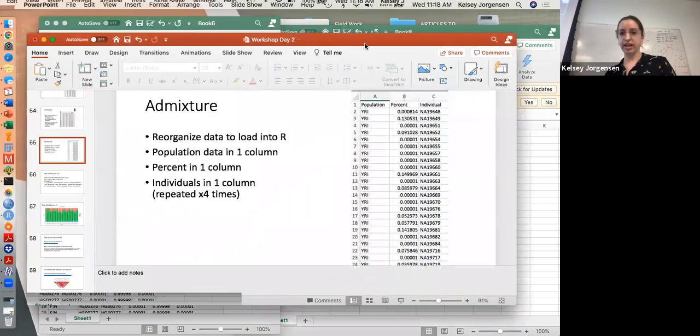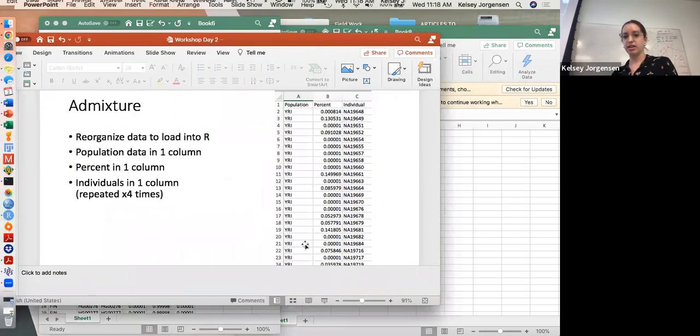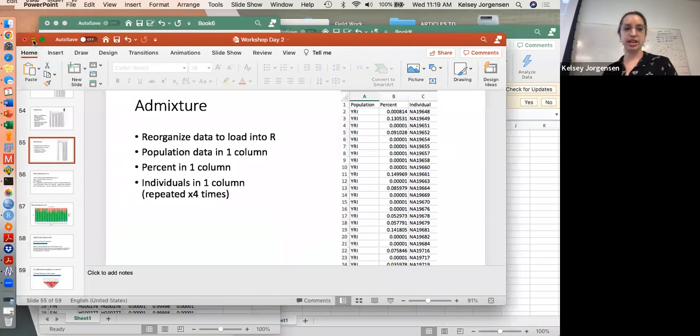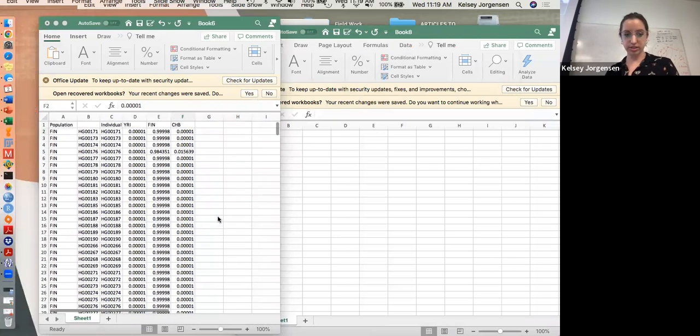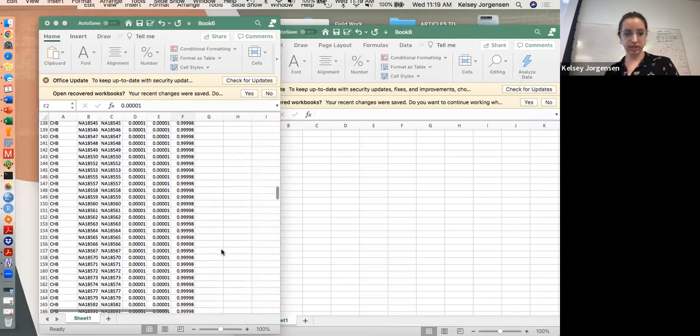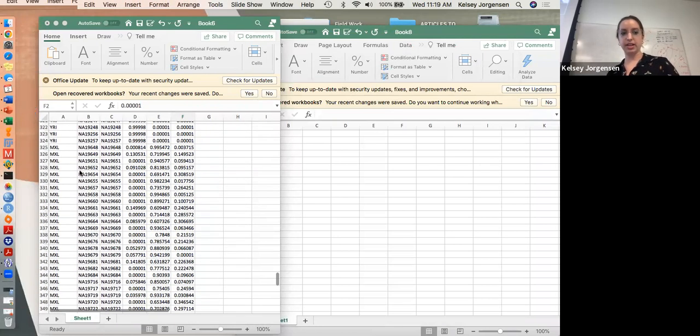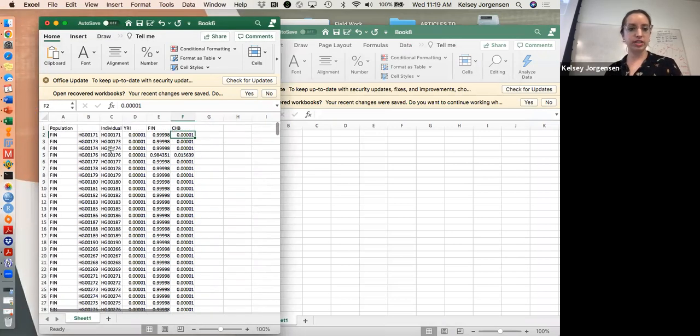It has to look like this, at least the way I load it, it makes it easier. So one column of the percentages, one column of the population, and then the individual IDs are going to be repeated 4 times. Because we're interested in the Mexican individuals, I'm going to scroll down to MXL right here. And then here, I'll freeze the